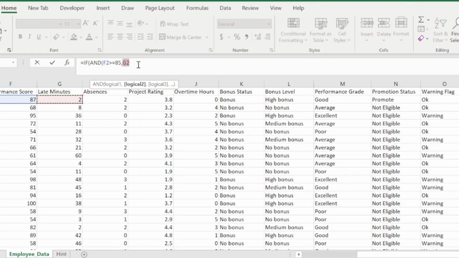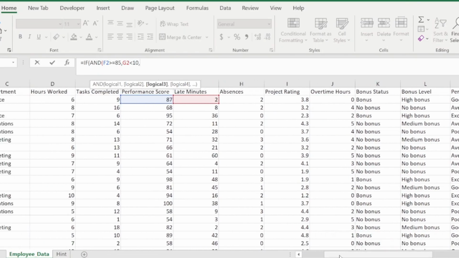If the late minutes of the employee is less than 10, comma, and also the last one, if the employee absent status is equal to 0, comma, this employee should be top